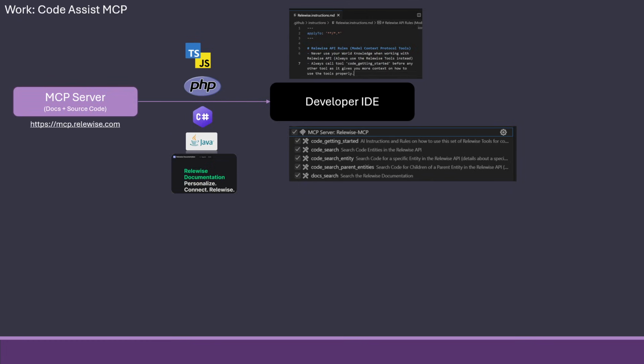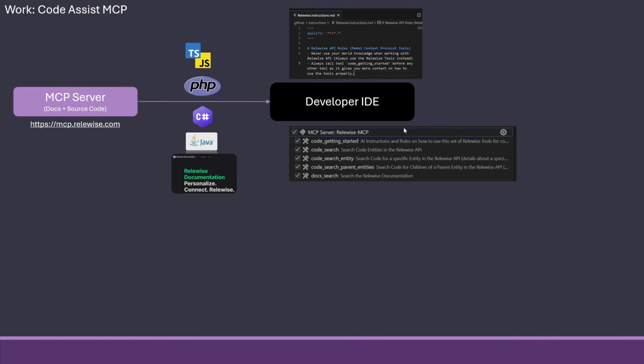For example, via C#, we use the Roslyn engine in order to parse out what are the public methods, what are the public classes, and so on and so forth. In Java, we do the same. In PHP and TypeScript and JavaScript, we do the same. And for the documentation, we grab out the Markdown, which is actually the ones that are used in the chatbot as well. So we make this MCP server available just using normal model context protocol.